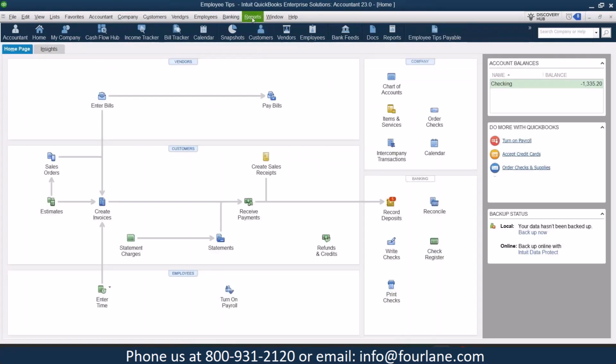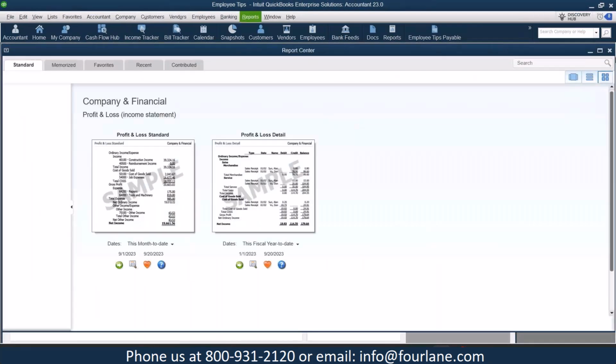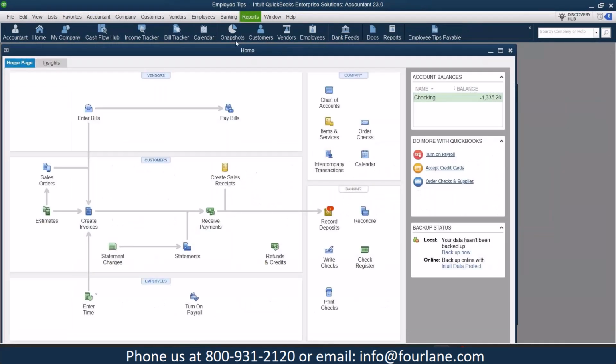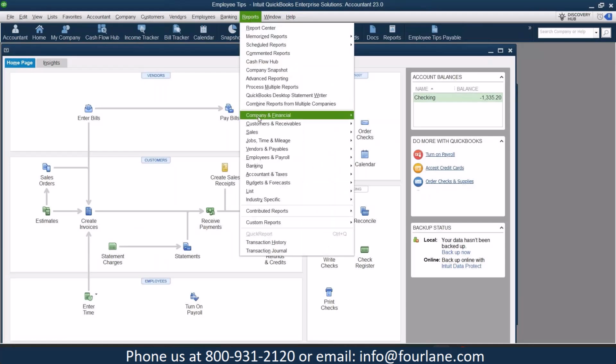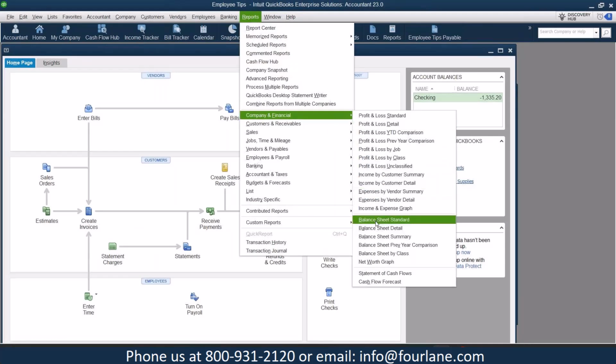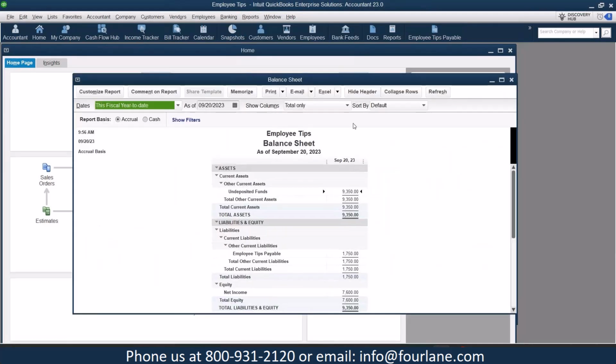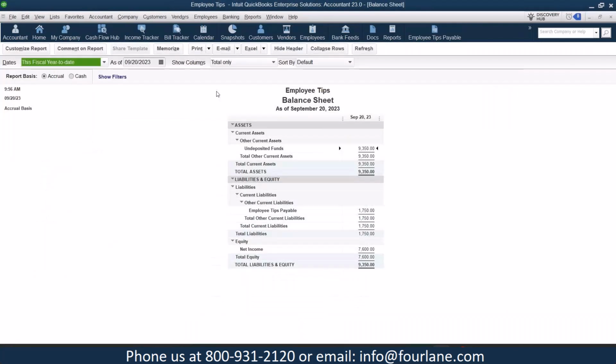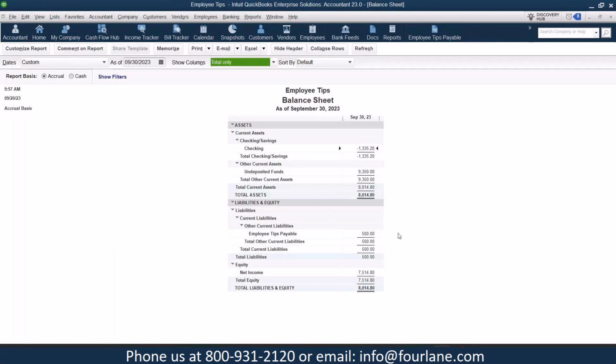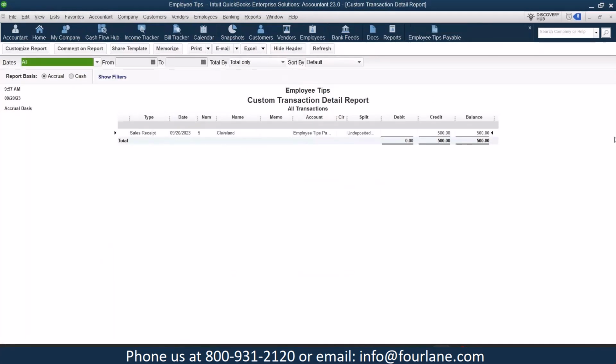And then if I go and run my balance sheet report, and let's just say I'm doing my month-end process, so let's say I'm running it for 9/30. I can see that I have employee tips payable of 500, and that reconciles to what I have on my